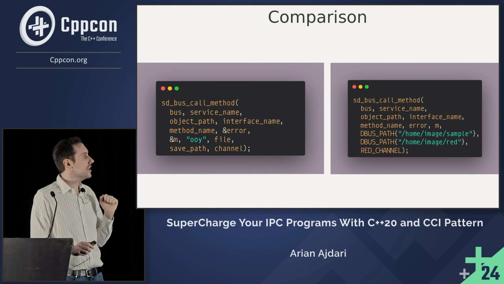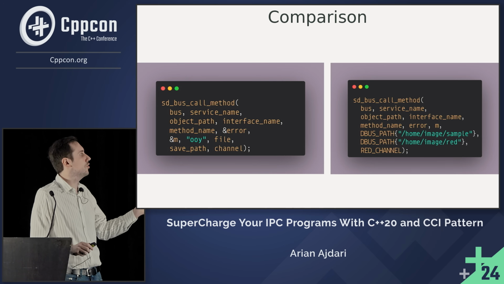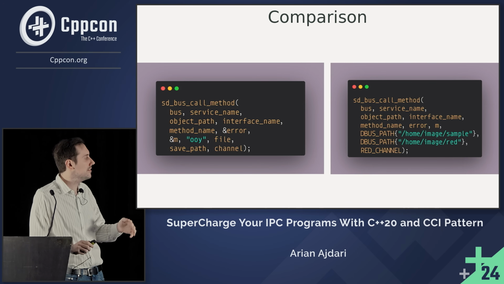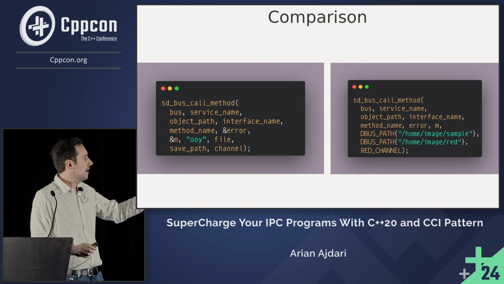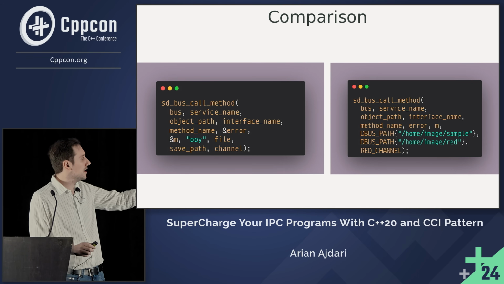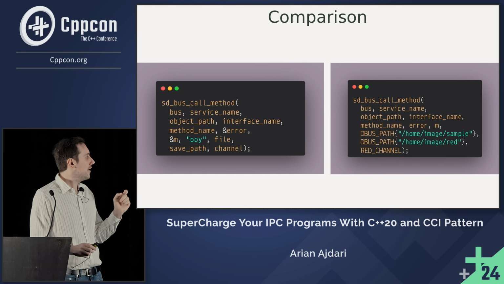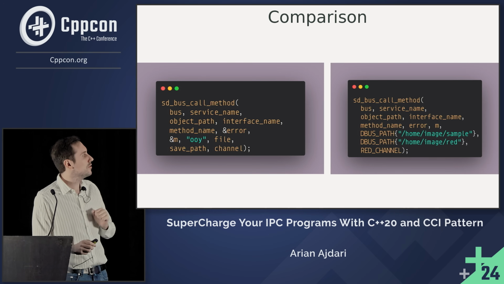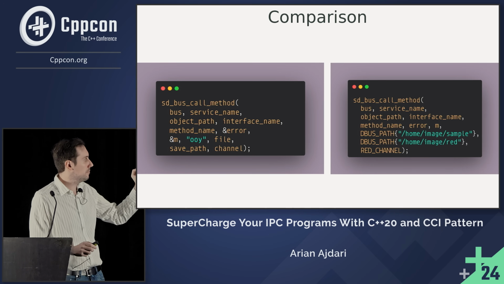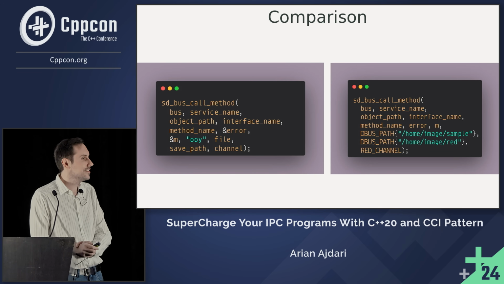Furthermore, I made it easier so that you don't have to worry whether you have to provide the address of the object or whether you maybe need to cast something else. All the input parameters are used in their raw form. Whereas on the left, you need to take the address of the error, you need to take the address of the message. And finally, I got rid of the problem with the function signature. Here you just provide the parameters, which is dbus path and red channel, and you don't have to worry about whether the signature was correct.